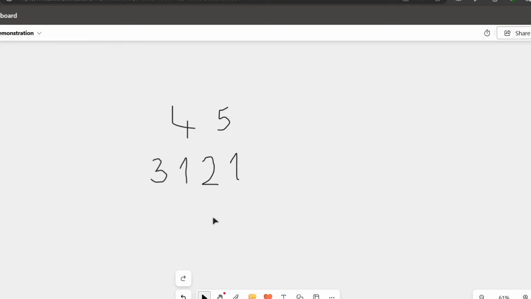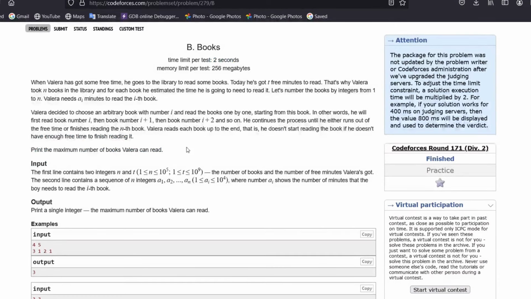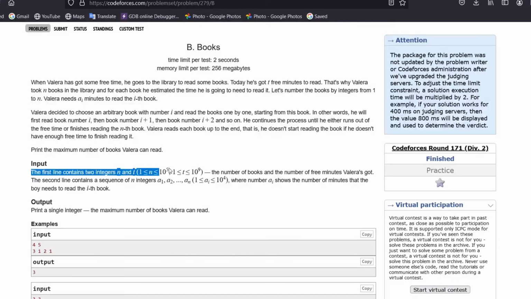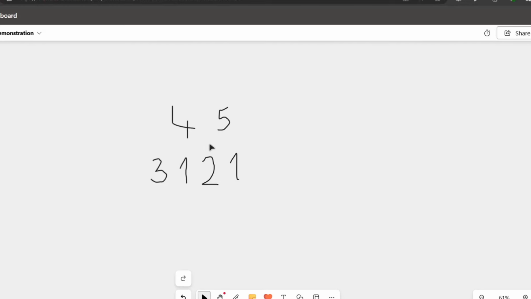So, what's wrong with this solution? Well, nothing is inherently wrong with it, except for the fact that it's really slow. So if we take a look at our time limit here, it's 2 seconds. And if we take a look at our value limits, our n can be up to 100,000. And we have to always look at the worst case scenario here. So in the worst case scenario, we would have to go through the entire array from our starting element, which if our